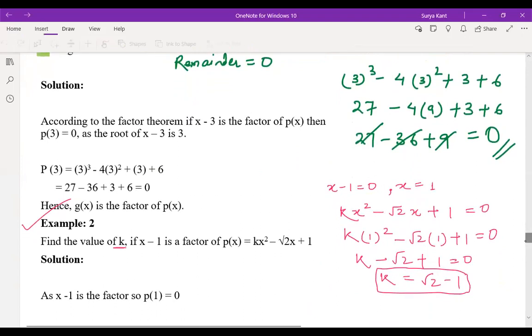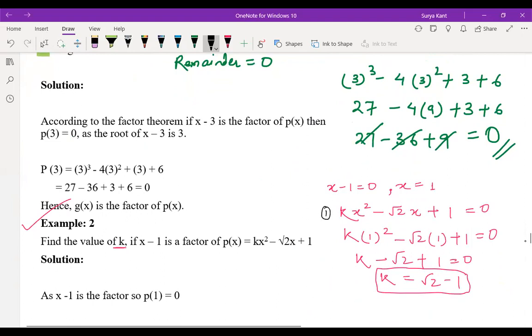Which step are you having doubt in? Sriyanu, you got the answer? Sir, I got the answer, sir. Before, I did it wrong, sir. Okay, which part are you having doubt in? Which steps are you saying? Say the step. No, sir, I made a mistake in the third step, sir. Okay, all right, fine. Sriyanu, you got the answer?